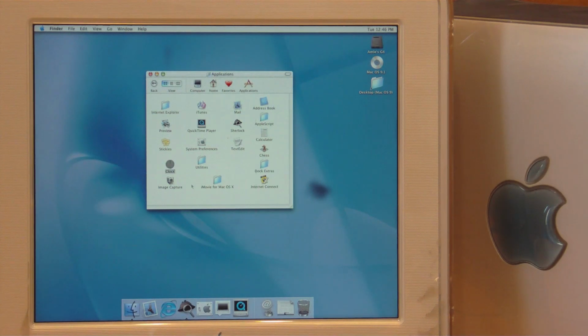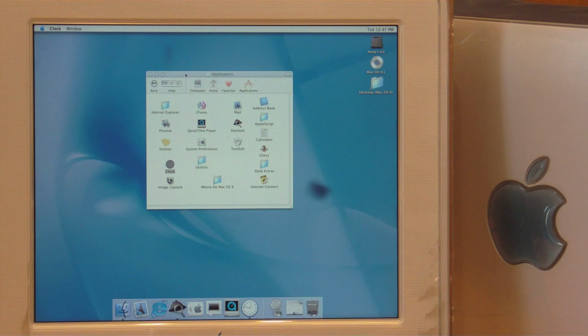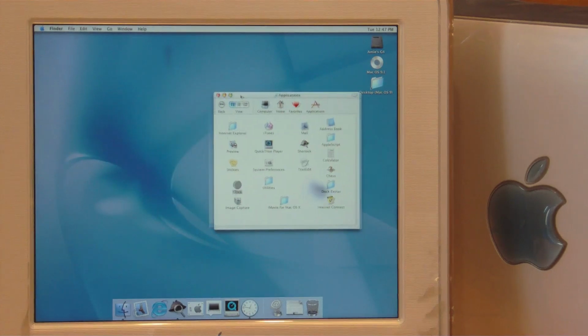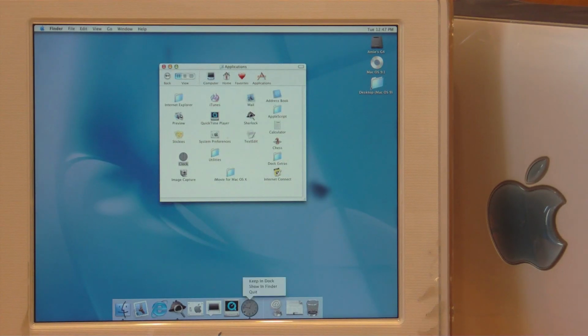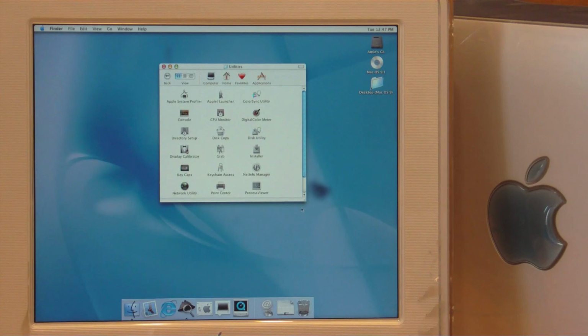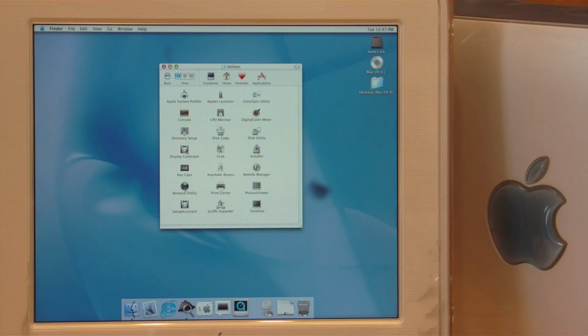Image capture, clock. This was back when you could actually launch a clock to appear on your desktop. It's kind of quaint when it launches. Notice it's not even appearing on here. Okay, that's odd. Under utilities, we've got quite a few things: disk utility, network utility, a lot of system profile,